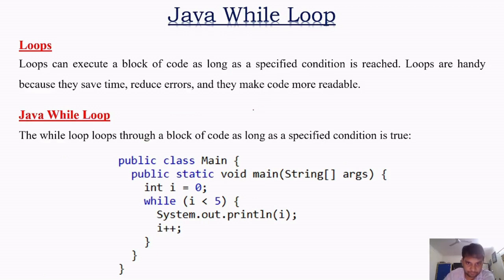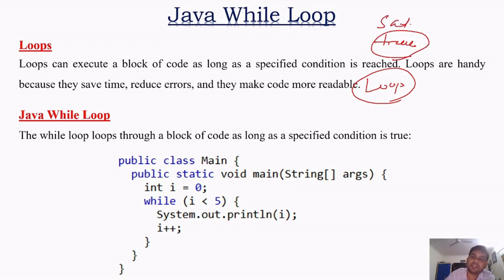उसके बाद we'll start Java while loop. Okay, loops can execute a block of code as long as a specified condition is reached. Loops are handy because they save time, reduce errors and they make code more readable. Loop का मतलब क्या होता है, जब तक हमारा मोटिव सेटिस्फाई नहीं हो जाता, जब तक हमारा कंडीशन सेटिस्फाई नहीं हो जाता, तब तक वो एग्जीक्यूशन कंटिन्यू करेगा। मतलब वी कैन टेल इट एज इट आइटरेशन, मीन्स frequent execution of the code until and unless we are satisfied with the result, okay, or we are satisfied with the condition।